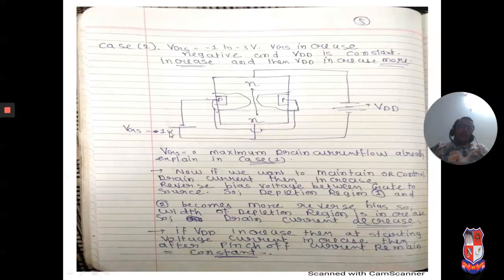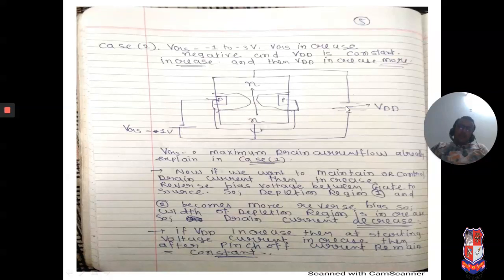Why negative voltage? Because if we apply negative voltage, the P terminal consists of negative voltage and the N terminal consists of positive voltage, so the width of the depletion region is increased. Obviously, this P terminal is connected here, so minus voltage is present here and also here. So there are depletion region 1 and depletion region 2. Here, constant minus 1 volt.